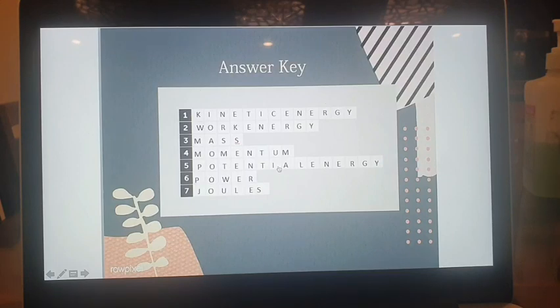In the next slide, the answer key will appear. So you can discuss all these terms with them and give them the entire insight of the chapter. This will also help the students to do brainstorming.